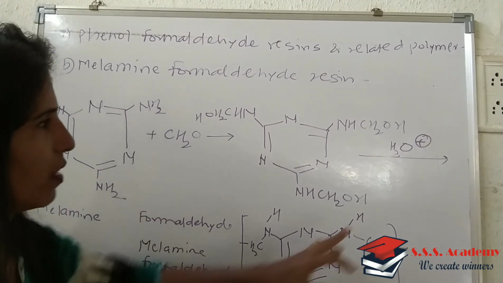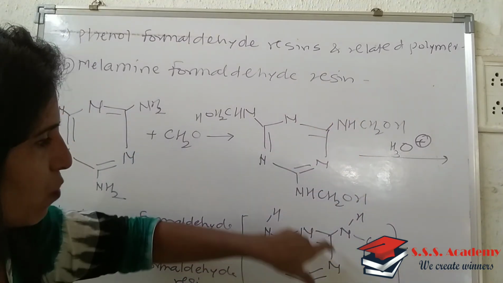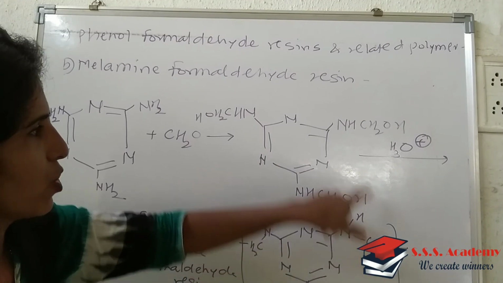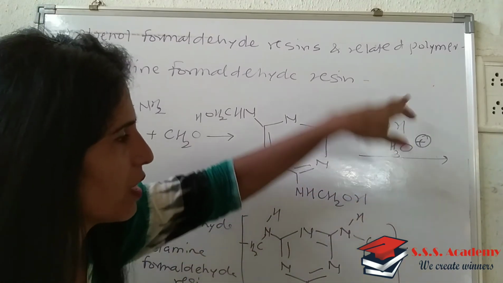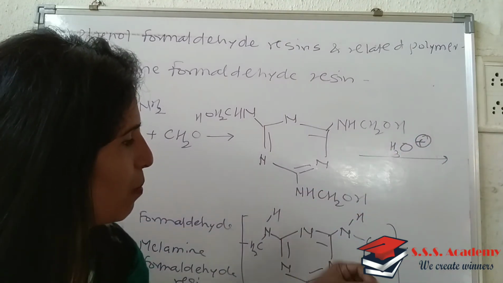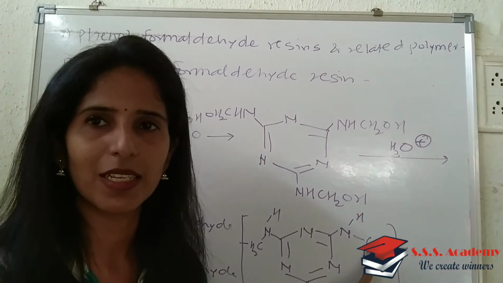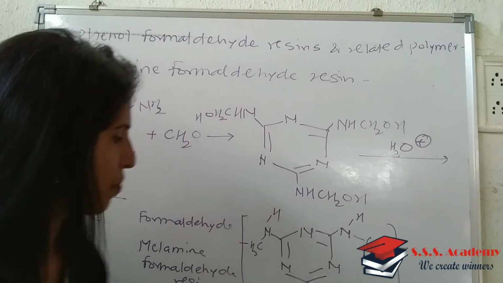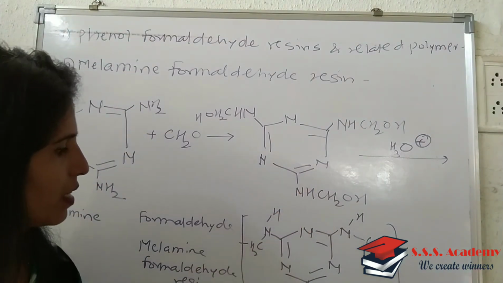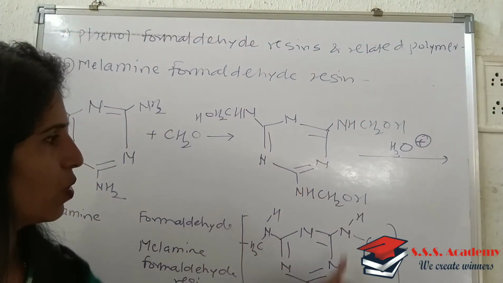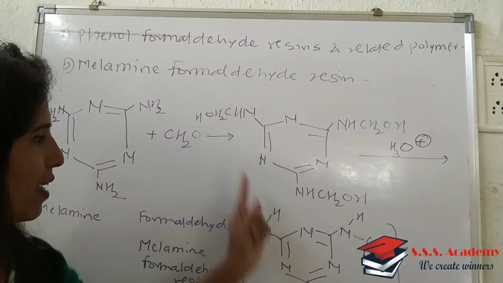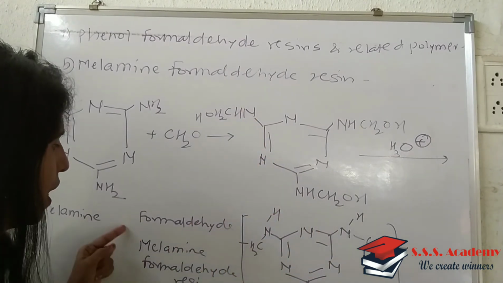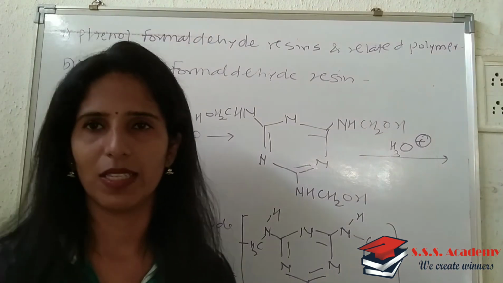Is it clear what I have done? I have written the whole structure as it is. NH I have written like this, and OH from this and hydrogen from the forthcoming unit will combine, and therefore the CH2 remains as it is and OH and H becomes water. Again this N, this H as it is and this CH2, OH and H becomes water. Again I have written this N as it is, this hydrogen as it is and this is CH2, and this is so called melamine formaldehyde resin.